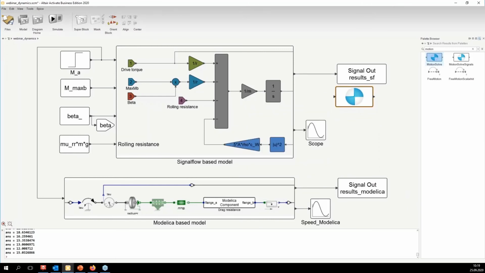So far, I never did this on myself because I'm still a beginner in this field of motion solve, but